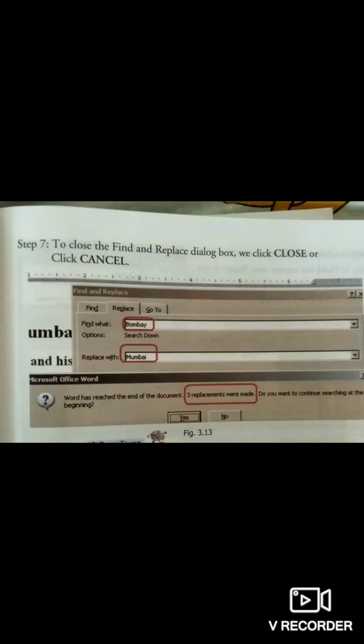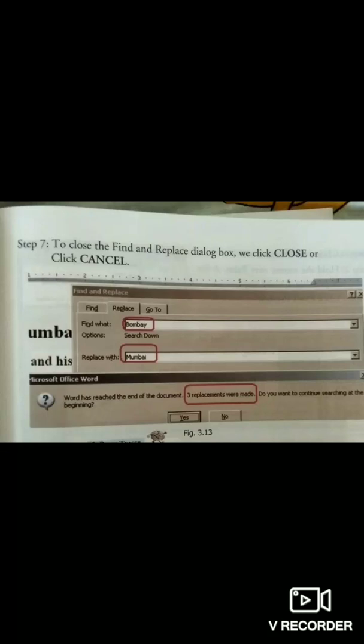Okay. To find the first occurrence of the text, we click Find Next. Then the first occurrence of the text will be highlighted. To replace the selected text, we click the Replace option. If we don't want to replace it, we simply click Find Next, so that it moves on to the next occurrence of that word in MS Word without replacing.